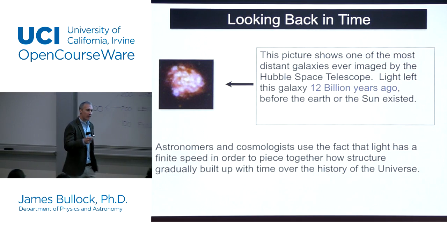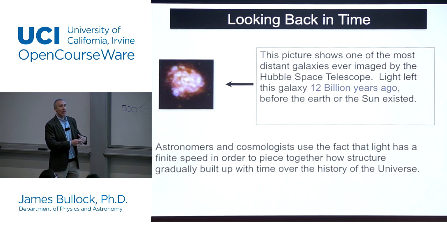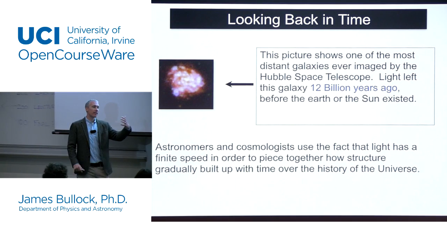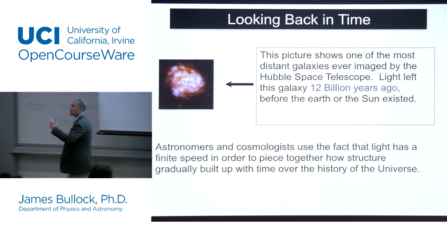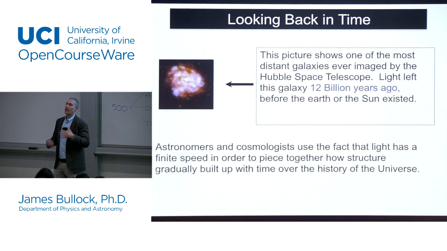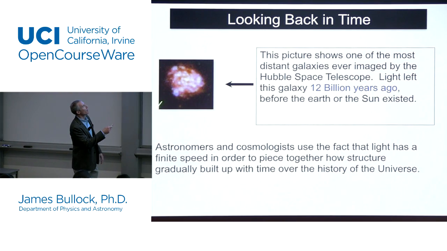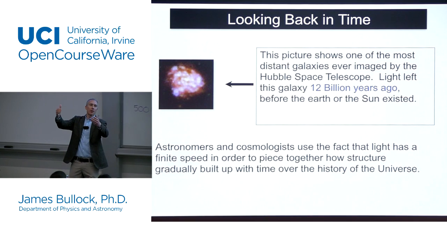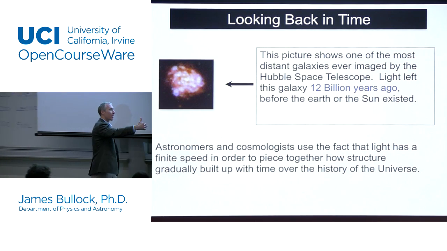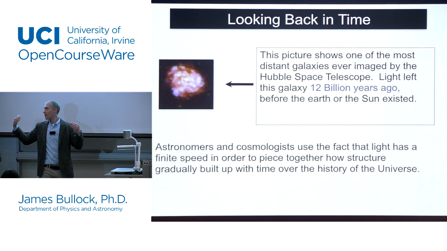And when we look at galaxies that are this far away, what we find is that they look a lot different than galaxies that are nearby. So what we see is that there's some evolution in how galaxies change over time. They look different at early times than they do now. They are more messed up at early times. They're kind of in shambles. See how this thing is not very ordered? And as you then look at galaxies that get closer and closer to us, they're more ordered. So what you see is a progression over time that galaxies started off kind of messy and small, and they get more ordered and big and beautiful as you approach today.